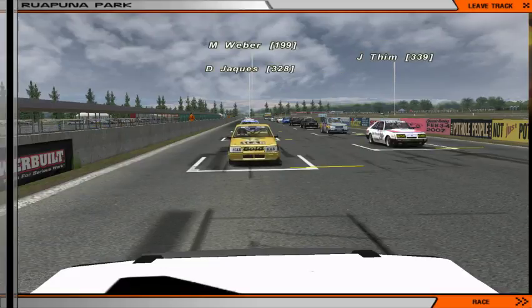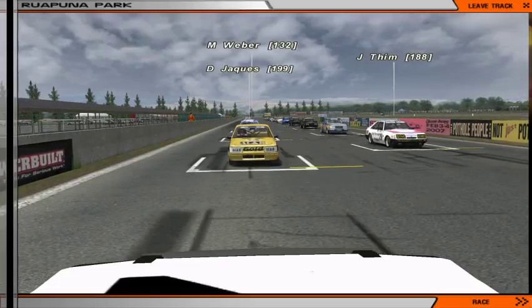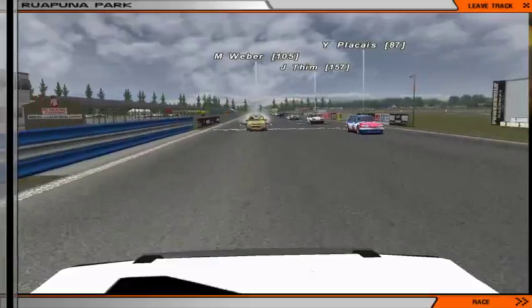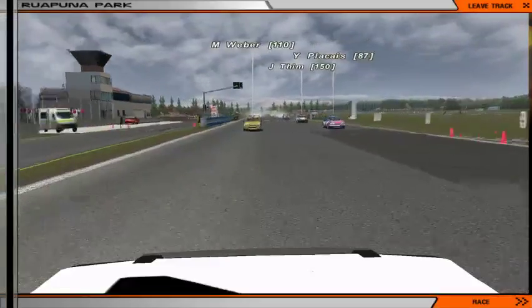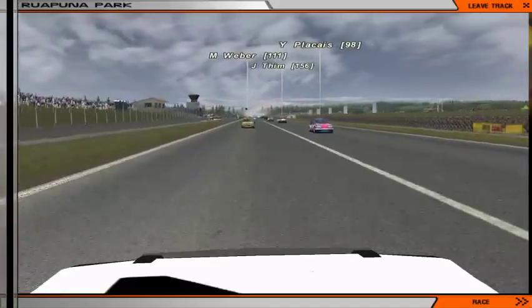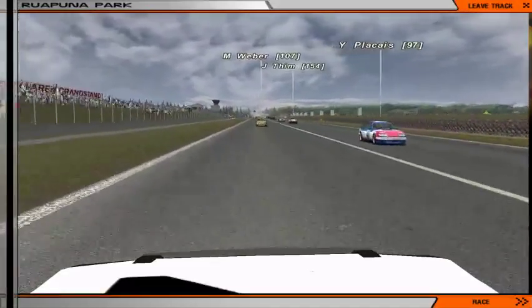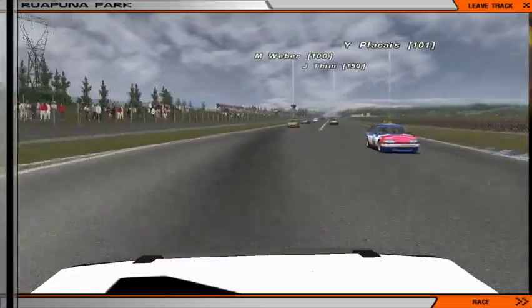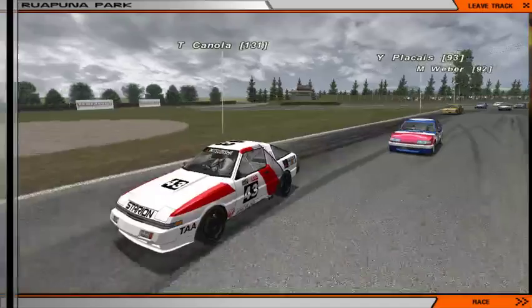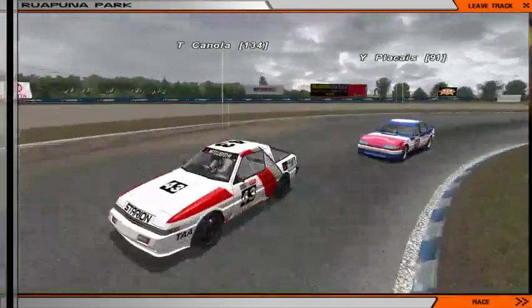Maybe I should also point out that the final round of the championship will be raced on December the 2nd, I think that is, as the formation lap gets underway. Yep, December 2nd will be the date for the final race. That's a Sunday. And the final race will be 2 hours, so there will be 8 one-off cars available to pick up. So I hope to see a few of you, if you want to race, take part in the